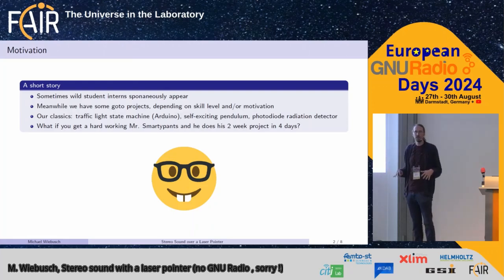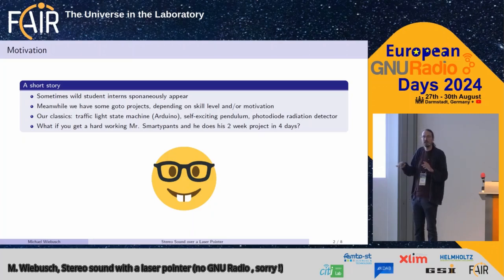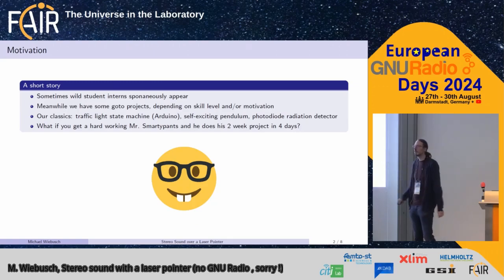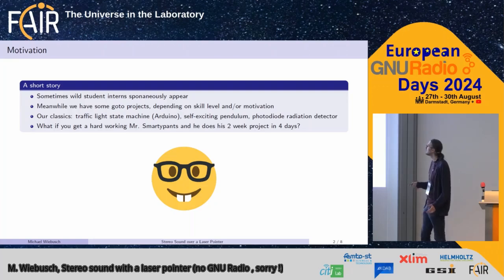So I work at the experiment electronics department. We do not so much work with continuous waves and phases and stuff, more like amplifying pulses from detectors to bring them to a level and maybe shape them a bit, to digitize them in the end and finally write them to disk at some point. Okay, so sometimes